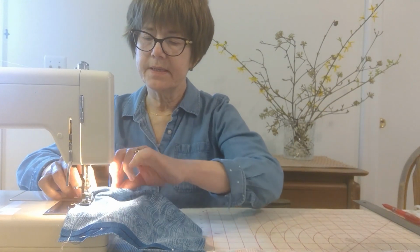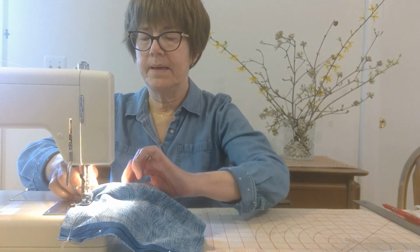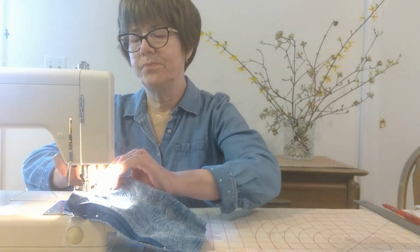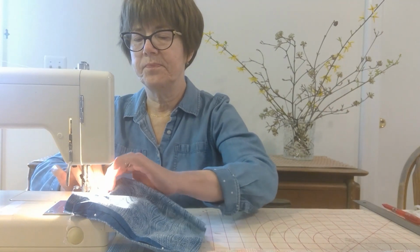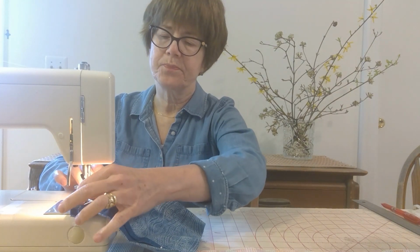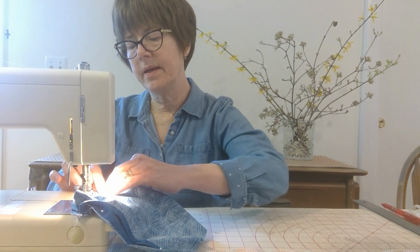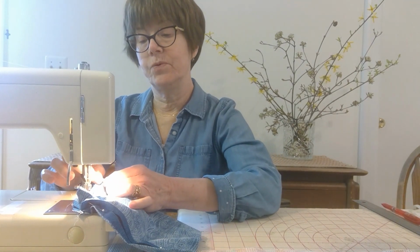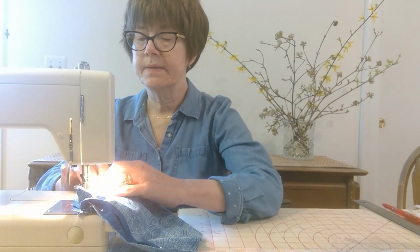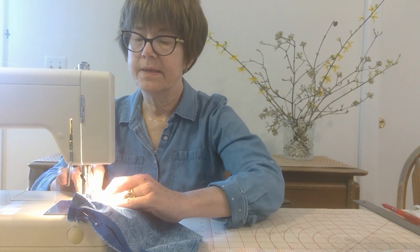So what I'm going to do is take the bottom edge of the elastic and just pull on it a little bit. And it's going to bunch up at the top, that's fine. Alrighty, I just want to make sure the elastic is out of the way, except for the quarter inch at the bottom on the fold, at the fold line. Okay, and then I'm going to continue and complete that seam